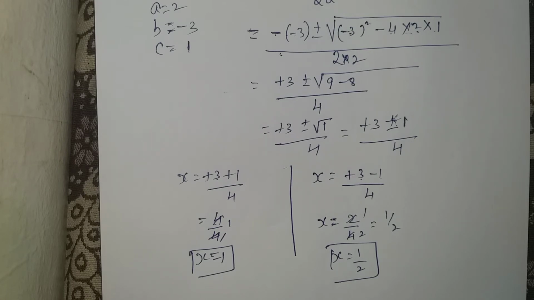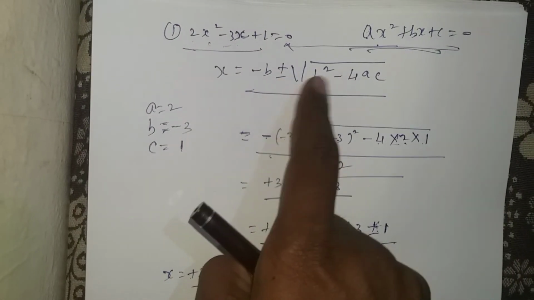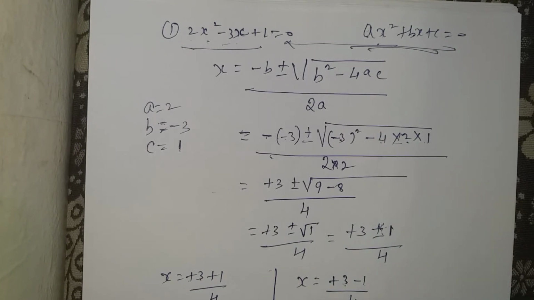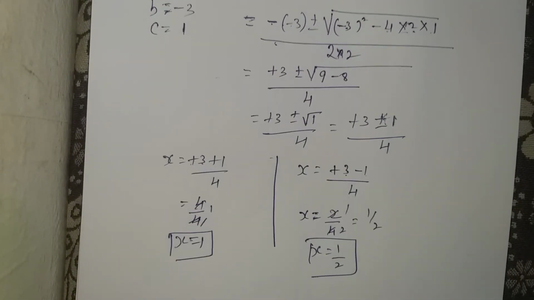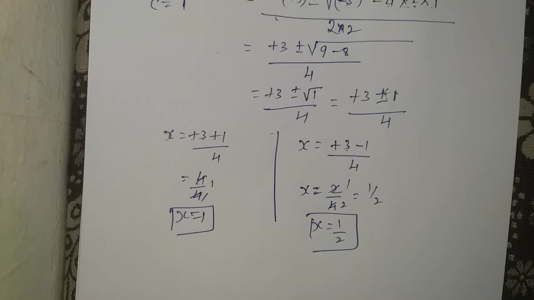Okay, see, so any doubt how to find out the values of x by formula method? So very easy. So x is equals to minus b plus or minus root b square minus 4ac by 2a. So substituting the values, taking a, b, c values, we'll get the answer. So same thing, I'll just consider your exercise 2, second exercise. First exercise and third exercise are basically the same thing. Okay, so I'll take one problem. So I'll show you how to find out the values of x again by formula method.